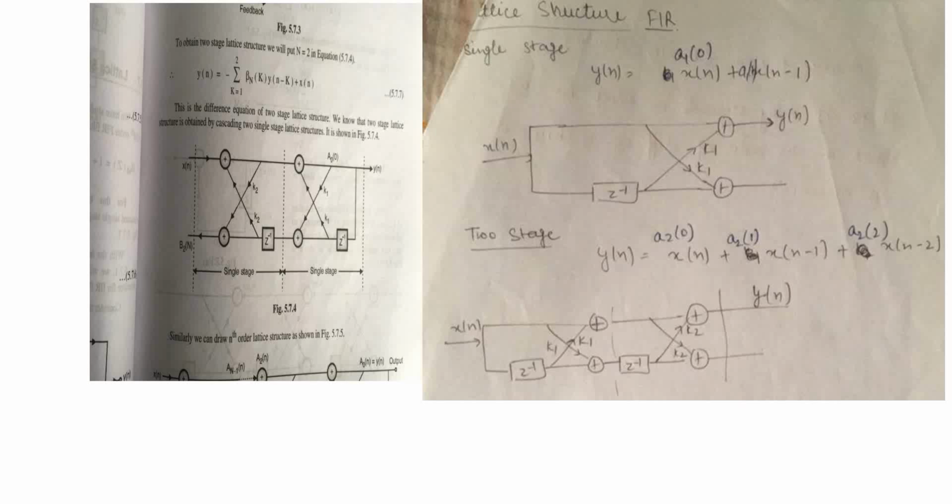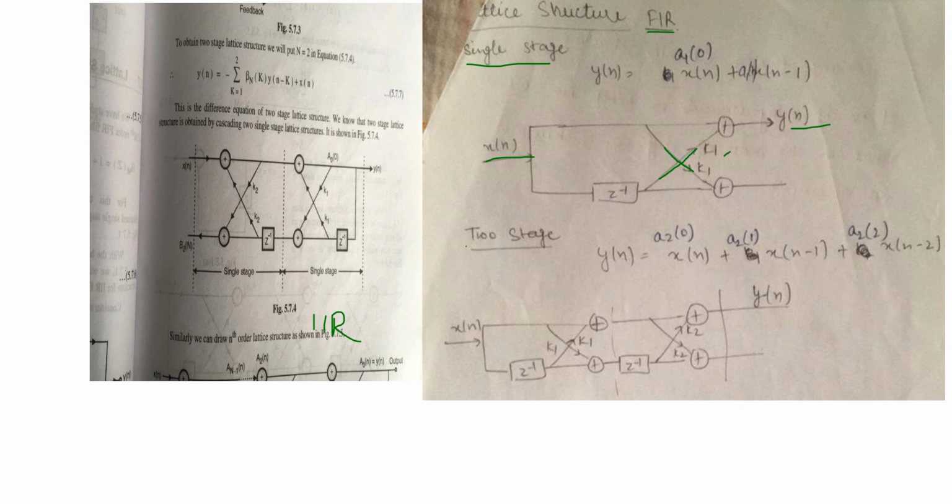The first diagram is of IIR filter and this is for FIR filter. This is a single stage FIR filter. Here is the input, here is the output, and these K1, K2 are constants that are multiplied. You have to draw this structure. X of n will be given, Y of n equation will be given. You have to find the value of K1. Then you have to draw this diagram only.